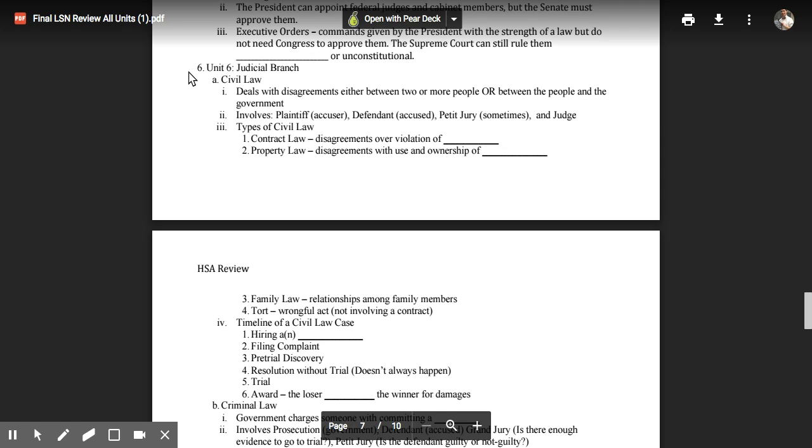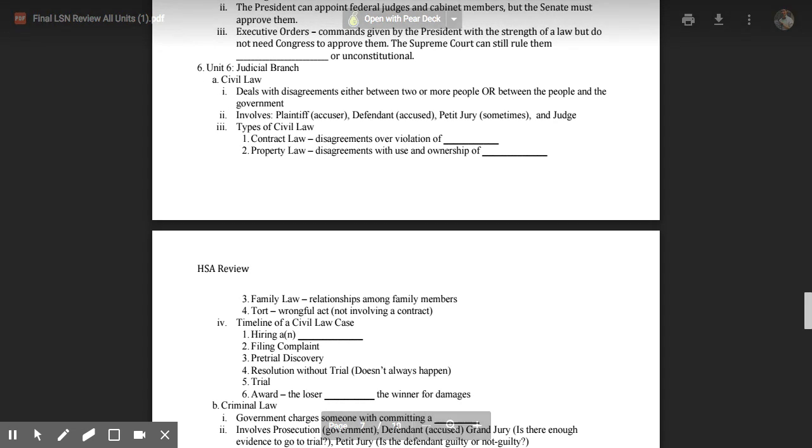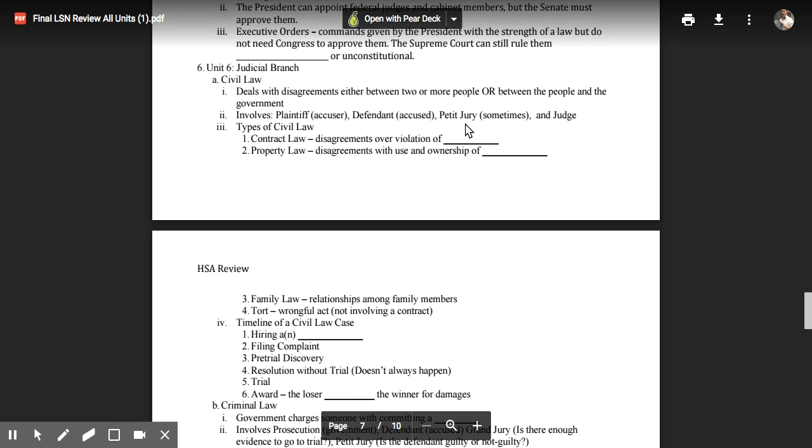Unit 6, the Judicial Branch. Civil law deals with disagreements either between two or more people or between the people and the government. They involve the plaintiff, who accuses the person, the defendant, who is being accused, sometimes a petty jury, and